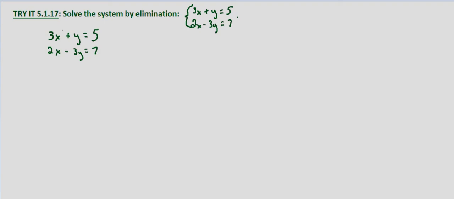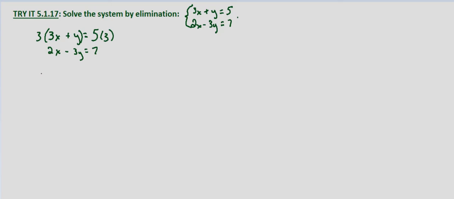So the first step is to write out the equations. And now we want to look at what variable we want to eliminate. Well, if we look at this one, we have negative 3y and we have y. So if we multiply the first equation by 3 and then add the equations, we will eliminate the y term. So let's multiply this first equation by 3. And then we rewrite that